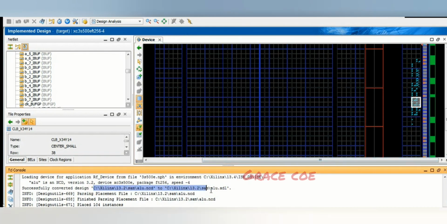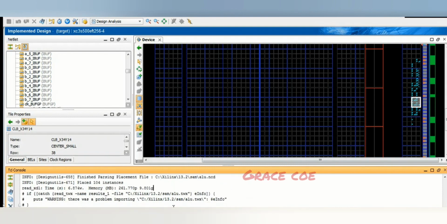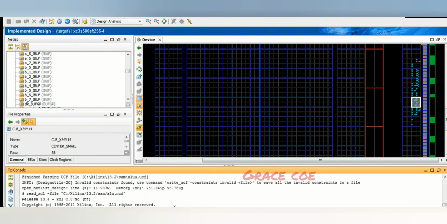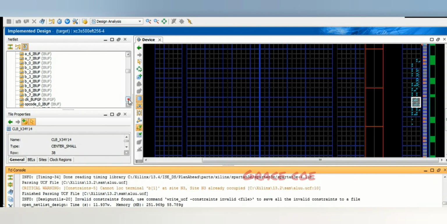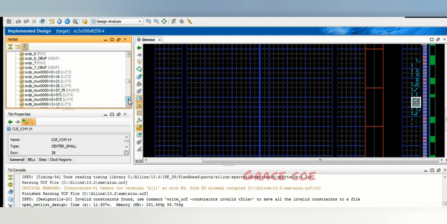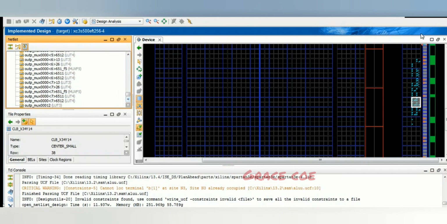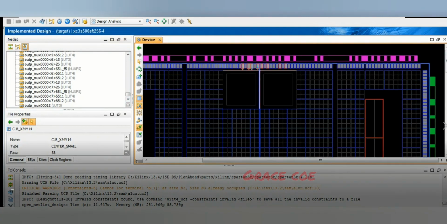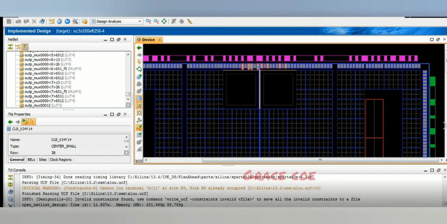So this will create the .ncd and .xdl files. Thus, this is the design summary report of the physical design flow.